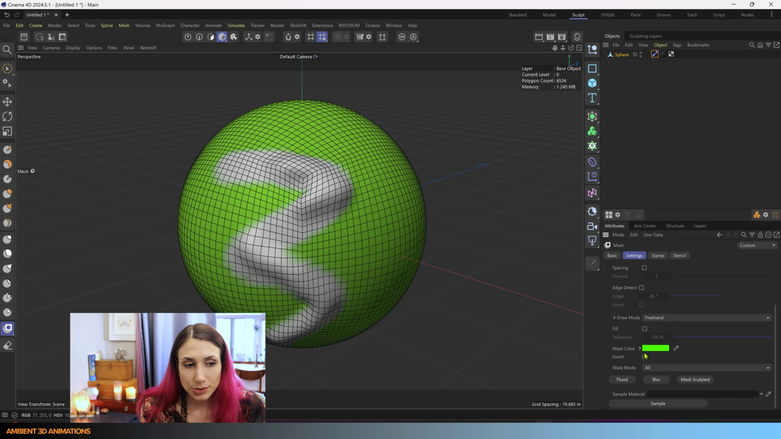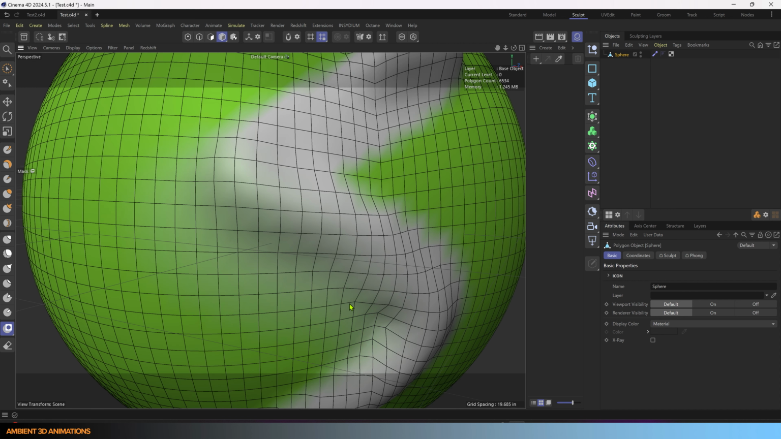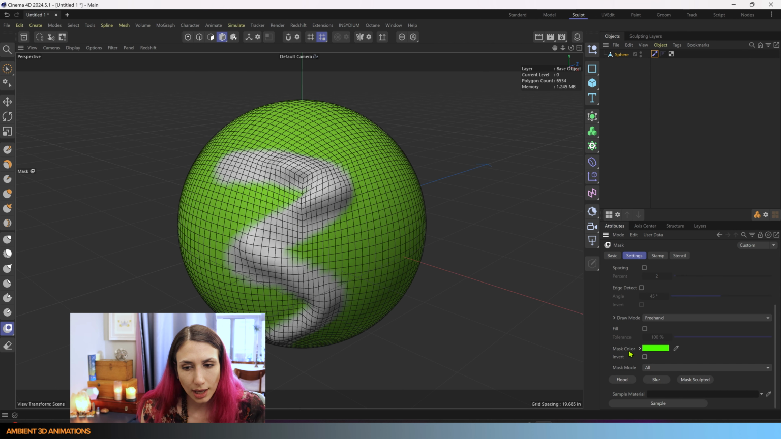There's some other really great tools in here. You can also blur out a mask by holding Shift with the masking tool, and you can see that this is becoming blurred out and it's not as hard of a masking line as before. Control removes. Without Control, it adds to the mask, and Shift blurs it. You can also have different masking modes. So I actually want to show that